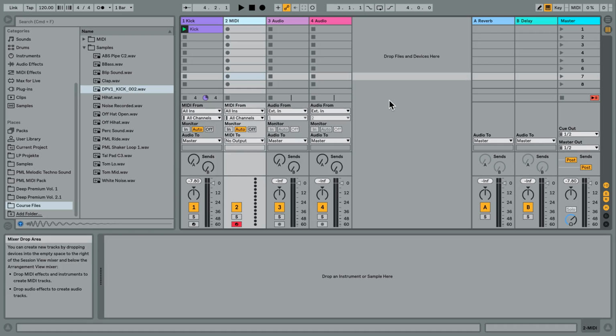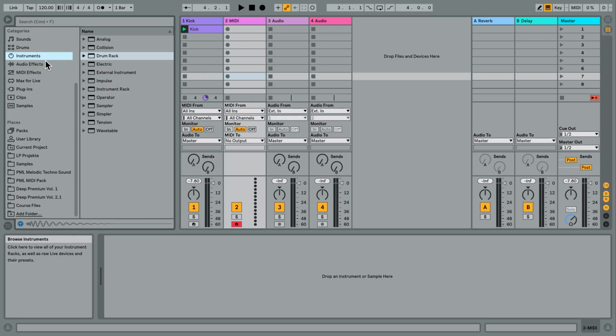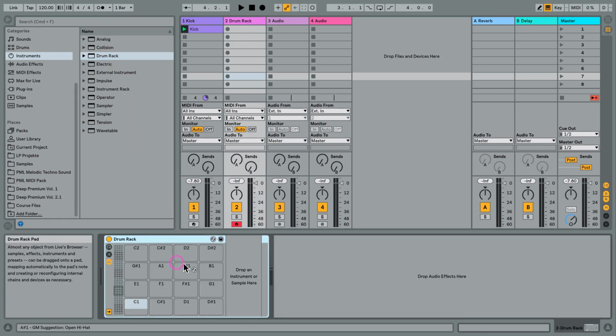Alright, so we're moving on. Now we want to create a simple little drum pattern here. We're going to use our second MIDI track to do so. And we're going to our instruments in the browser, and we're picking up a drum rack. And drop instrument or sample down here, click on this MIDI track, load up the drum rack, and it will